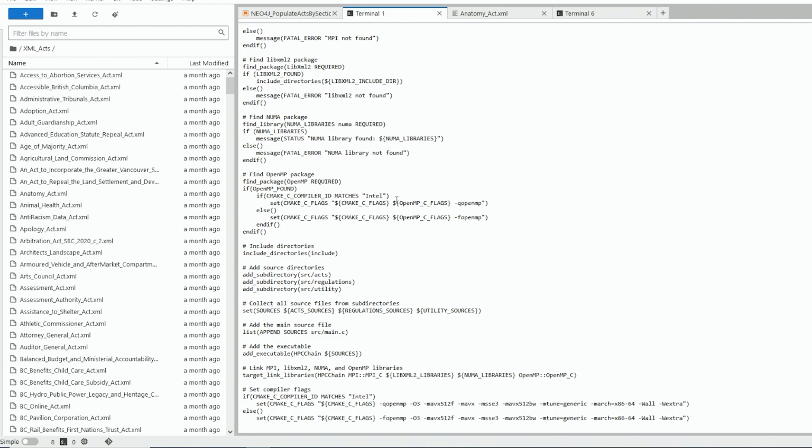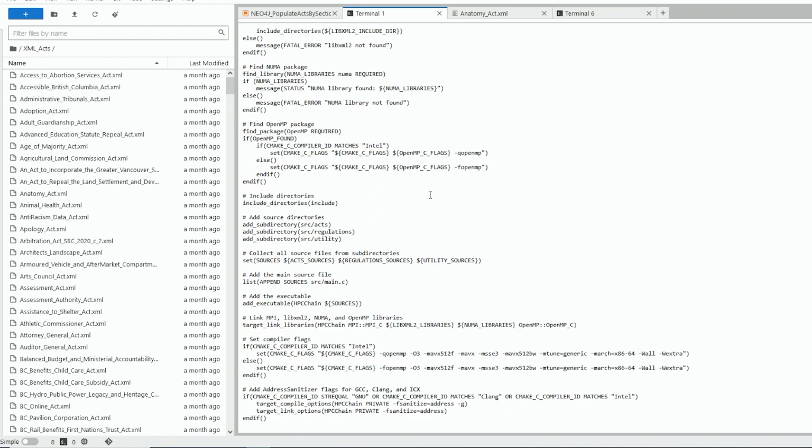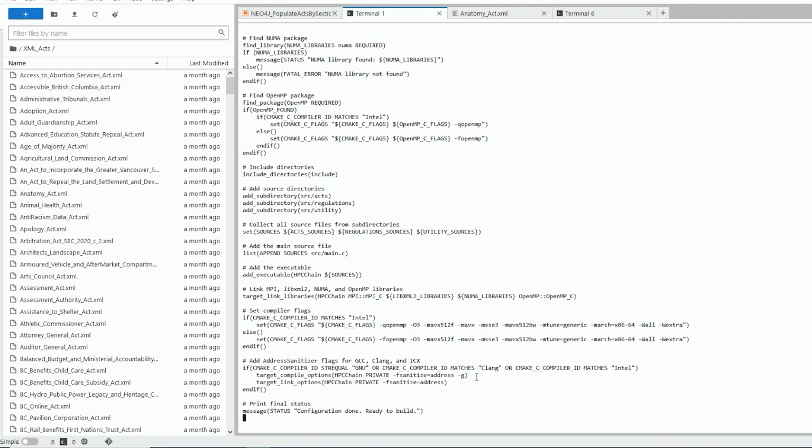And once all the libraries are installed, then we pass in certain flags. Some of the flags that we are passing over here are the AVX512 float flag and the AVXBW flag, and we're telling it to give us the warnings and spit out certain things. And we're also asking to process the OpenMP. And then there are other things that we can ask for, whether it's Intel or Clang or whatever it may be. We want to sanitize the address so that we can see whether there are any memory leaks